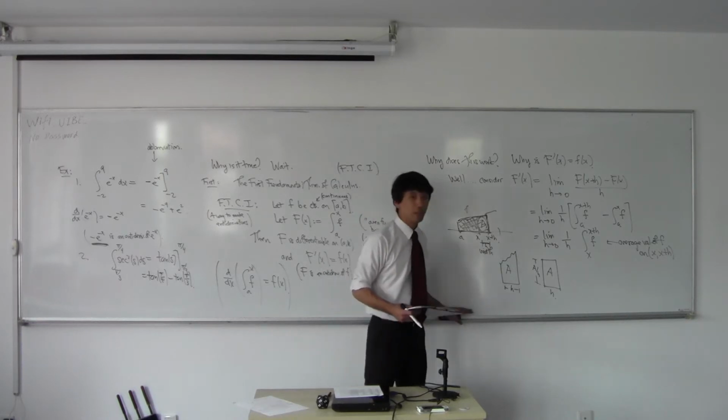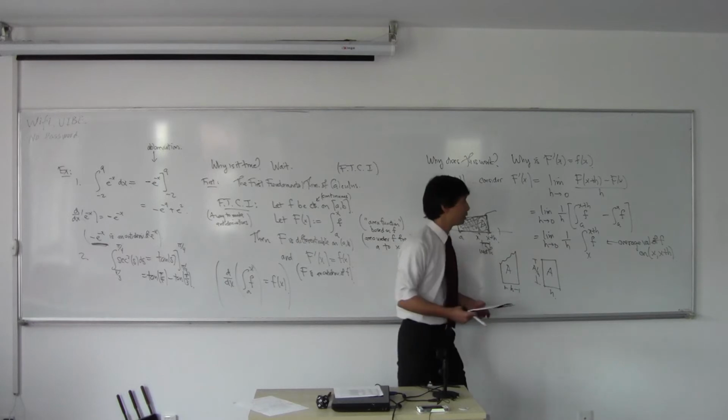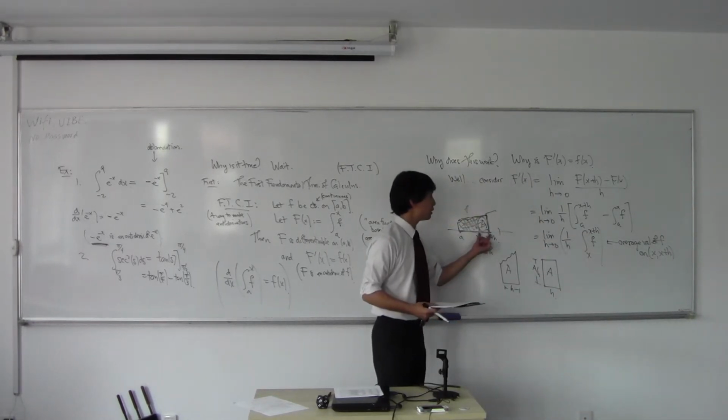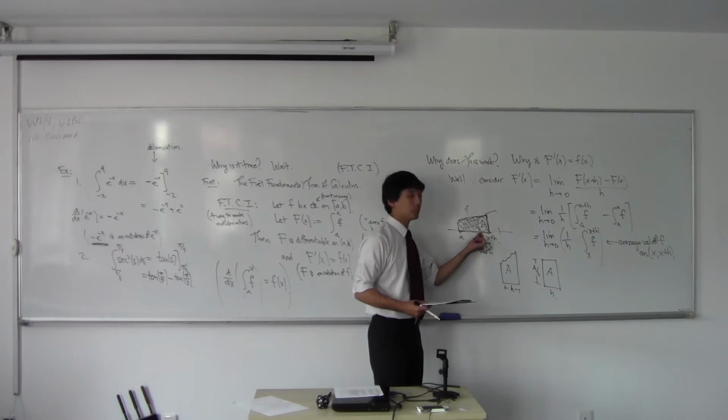Okay. So what happens as h goes to 0? Well, as h goes to 0, I'm going to be taking the average value of f in this interval as the interval becomes smaller and smaller. What will happen? It will give me